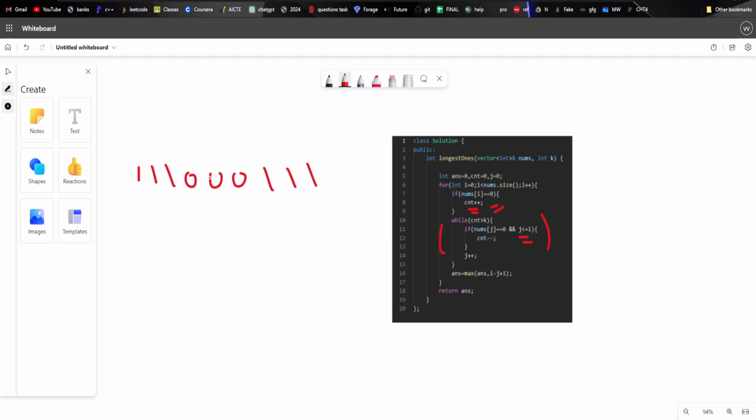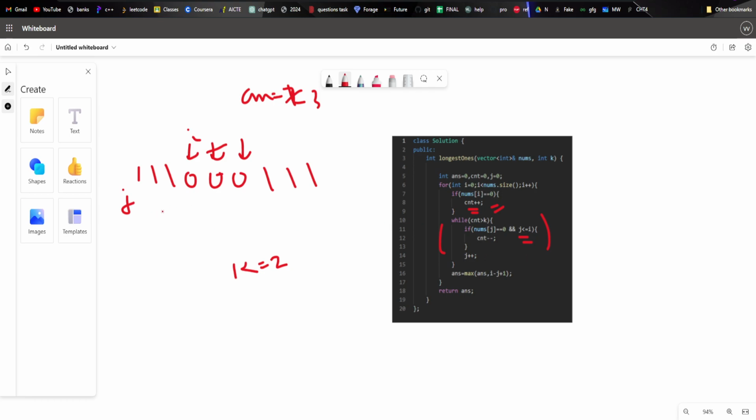Whenever it is 1, I am not going to do anything. When I reach a zero the count becomes 1, then at the next zero the count becomes 2. When the count becomes 3, because k is 2 in this case, I have to shrink my window.